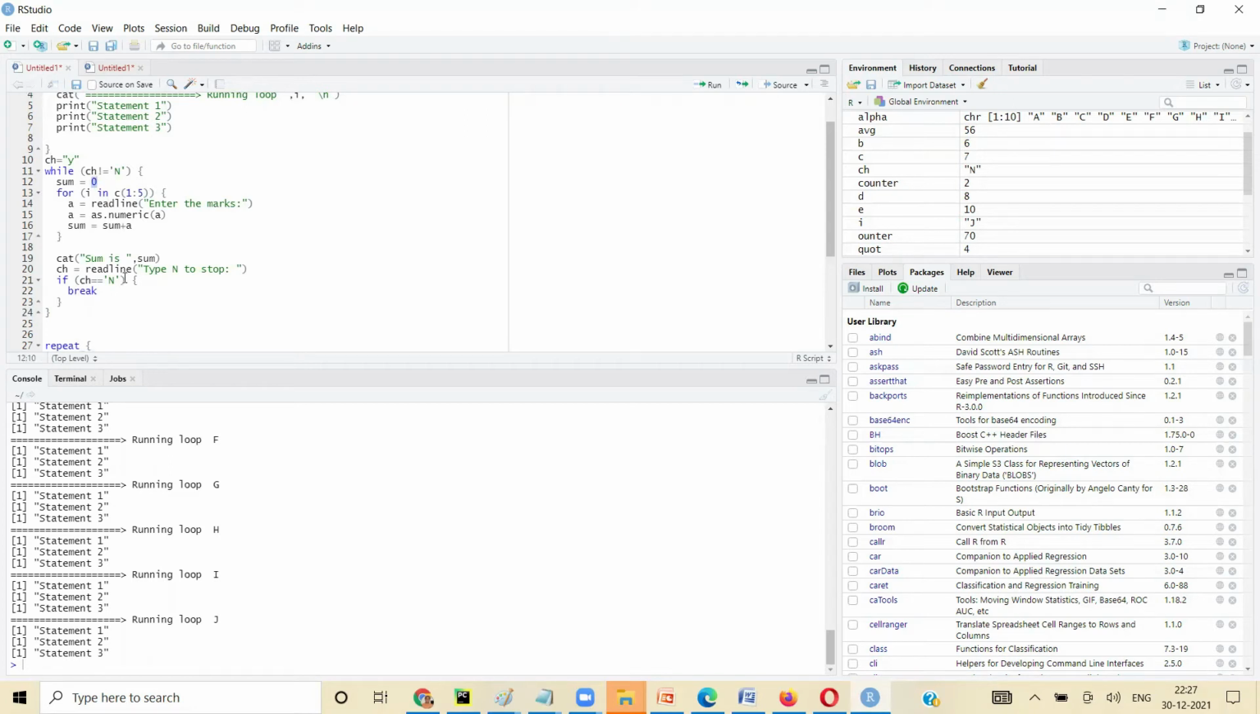And here I'll say ch equal to n. Now here you don't have to check the condition, because repeat doesn't have the capability to check the condition. So we have to write an extra line to check the condition. But while has its own condition checking here. So while it's checking the condition here, we don't have to check it again. Yes. So now when I run it, ch is